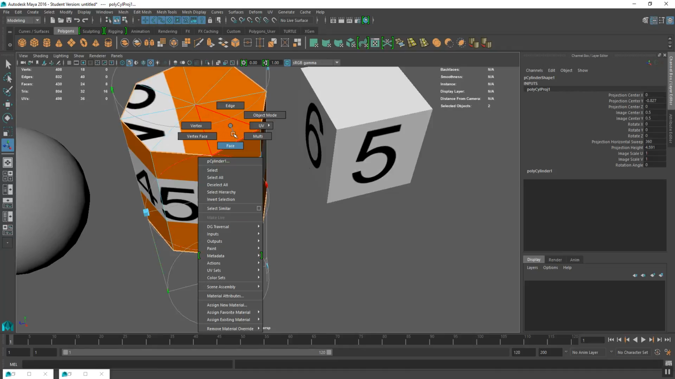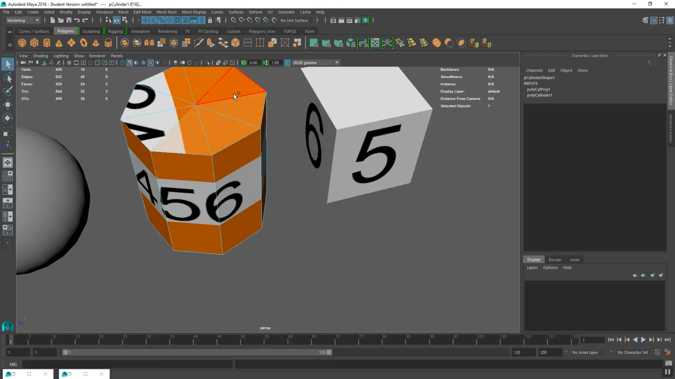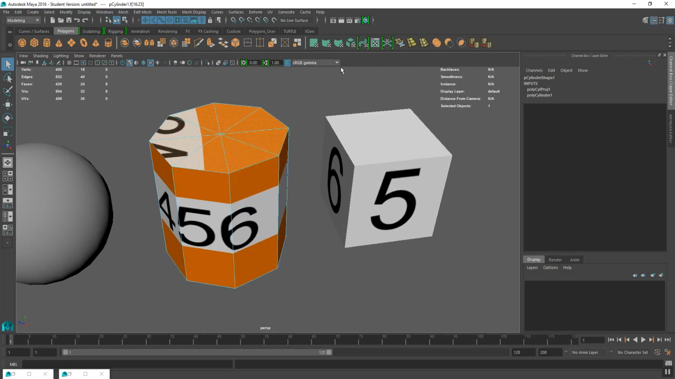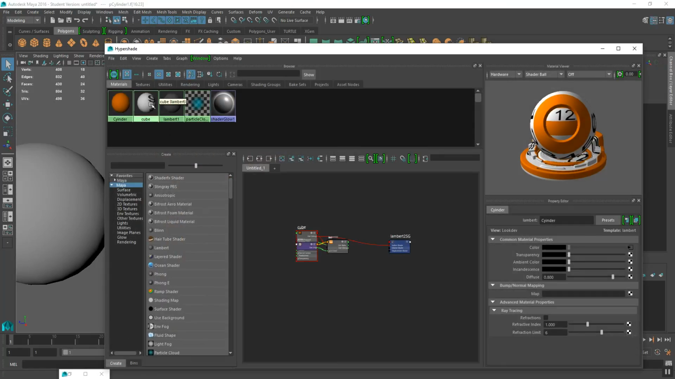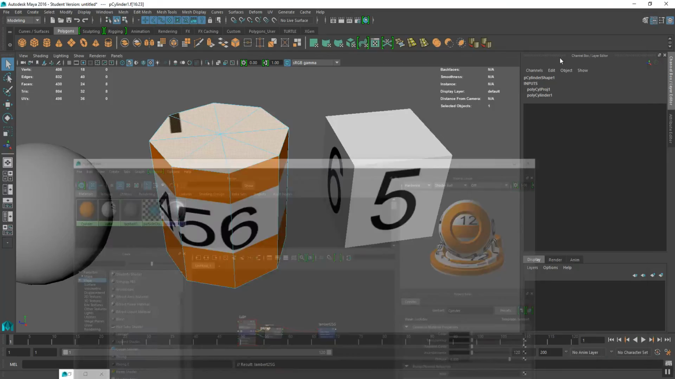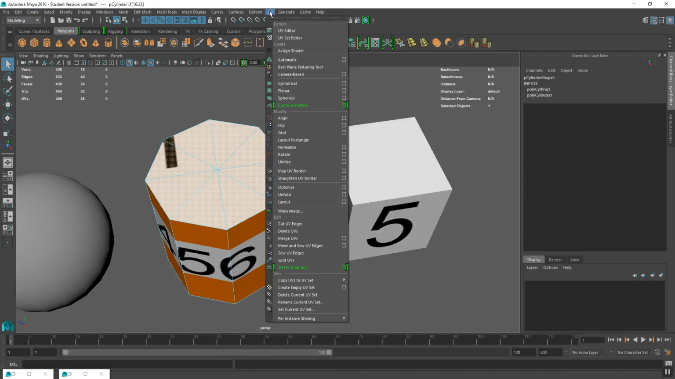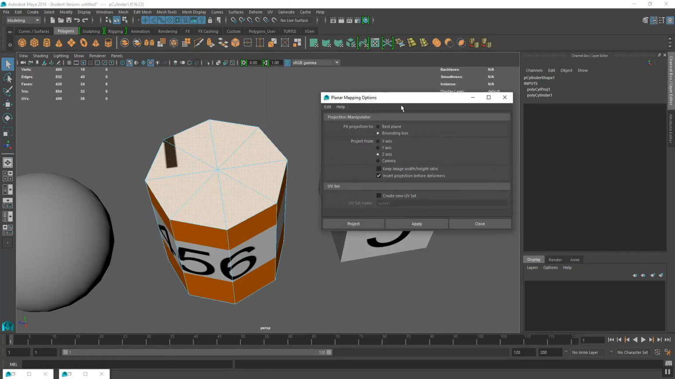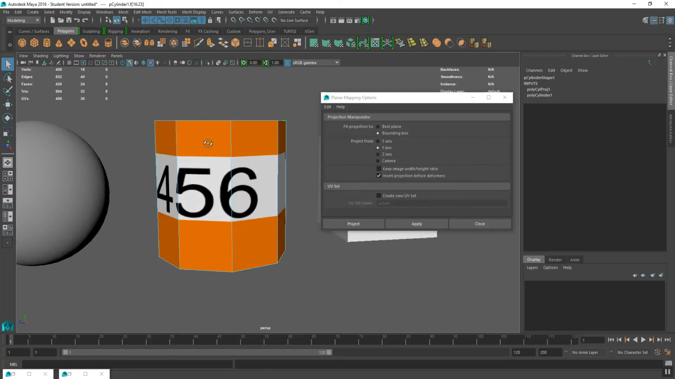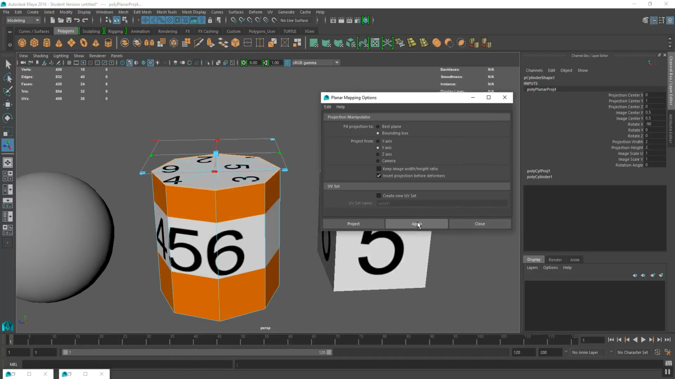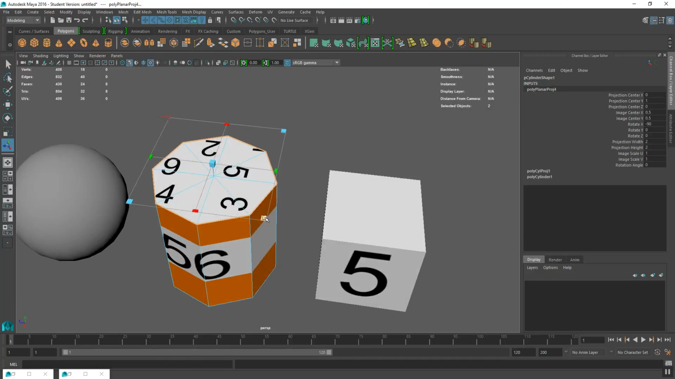So what I could then do is, if I wanted to put a number on the top, I can select these faces here. I can go back to my Hypershade, apply the cube texture, because I might just want a single number on the top. I can go to UV and go to Planar Options box and project along the Y-axis straight down onto the object. Click Apply, and then I could put in the number 5